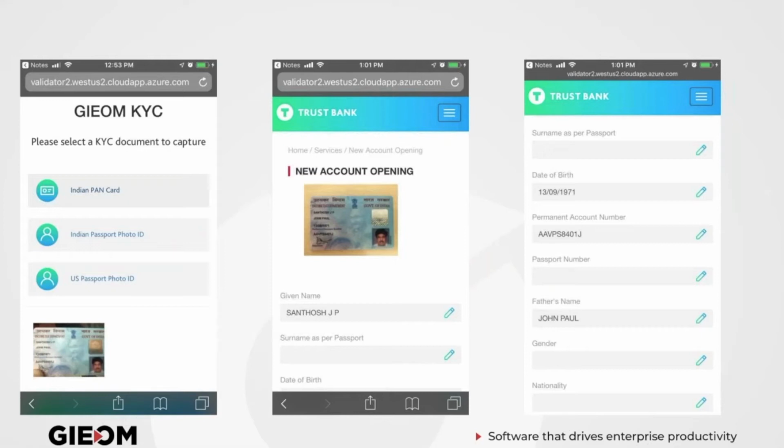keying in anything. Likewise, if I take a copy of the passport, I'll get the address line from the passport, I'll get the name from the PAN card, I'll get the date of birth from the driving license. I'll be able to fill a lot of data which otherwise the relationship manager could have keyed in, is now getting autofilled, and you're ensuring that the OSV rule of the country, original seen and verified, is maintained, and at the same time, a copy of the document is kept in the server for future use.